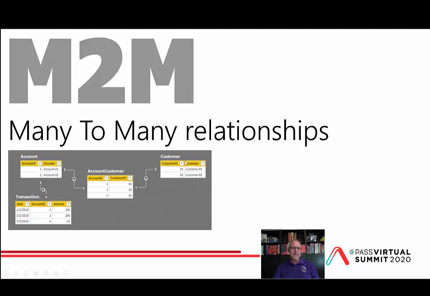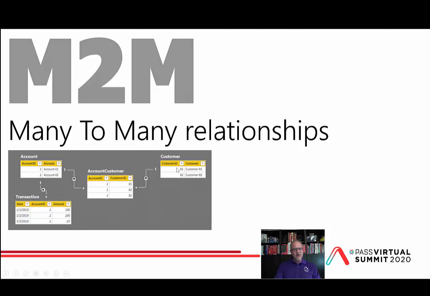So I can't have a relationship directly between customer and account. So I need to have a bridging table. So this bridging table allows me to say this customer has multiple accounts. Potentially, and whether or not this is true doesn't matter, an account might be associated with multiple customers, and we can model that and we can materialize that just by populating these key pairs in this account customer bridge table. So if I want to select a customer and see the accounts and the transactions for those accounts, I've just dragged and dropped the key columns between these different tables.